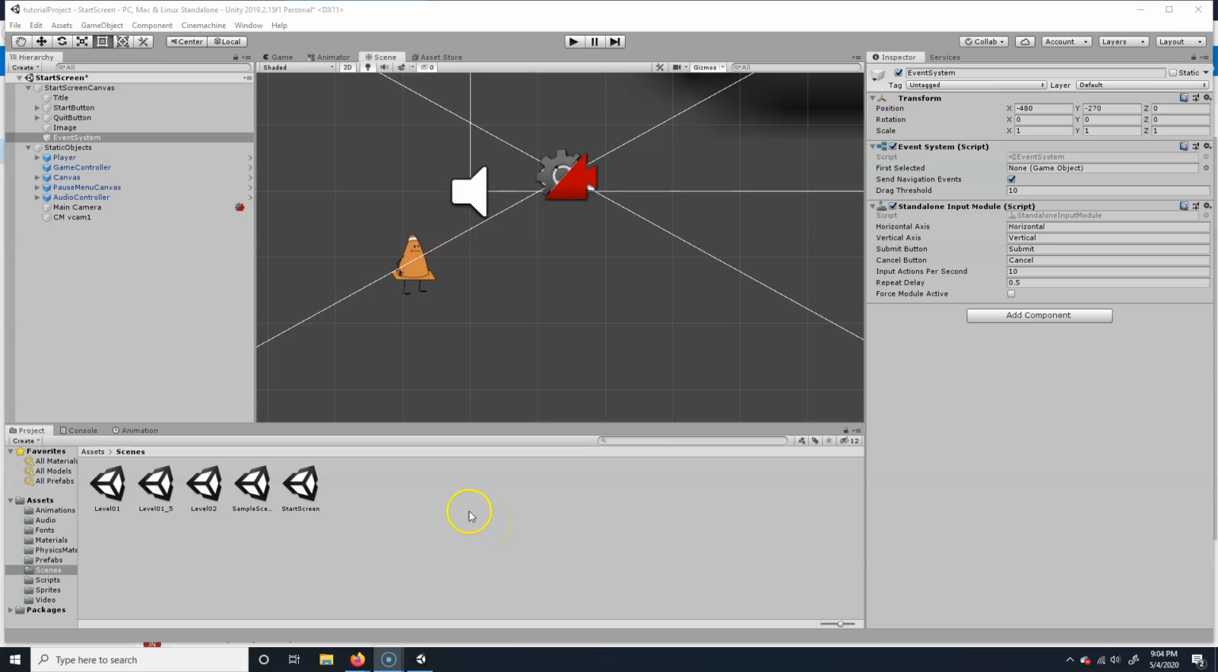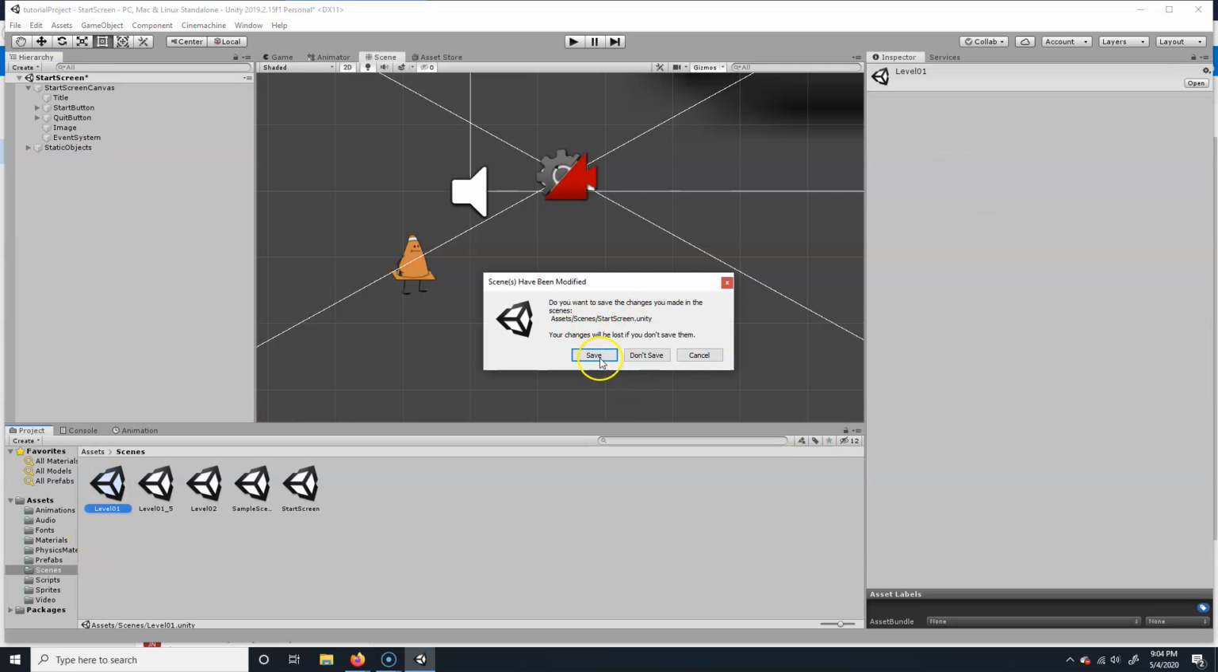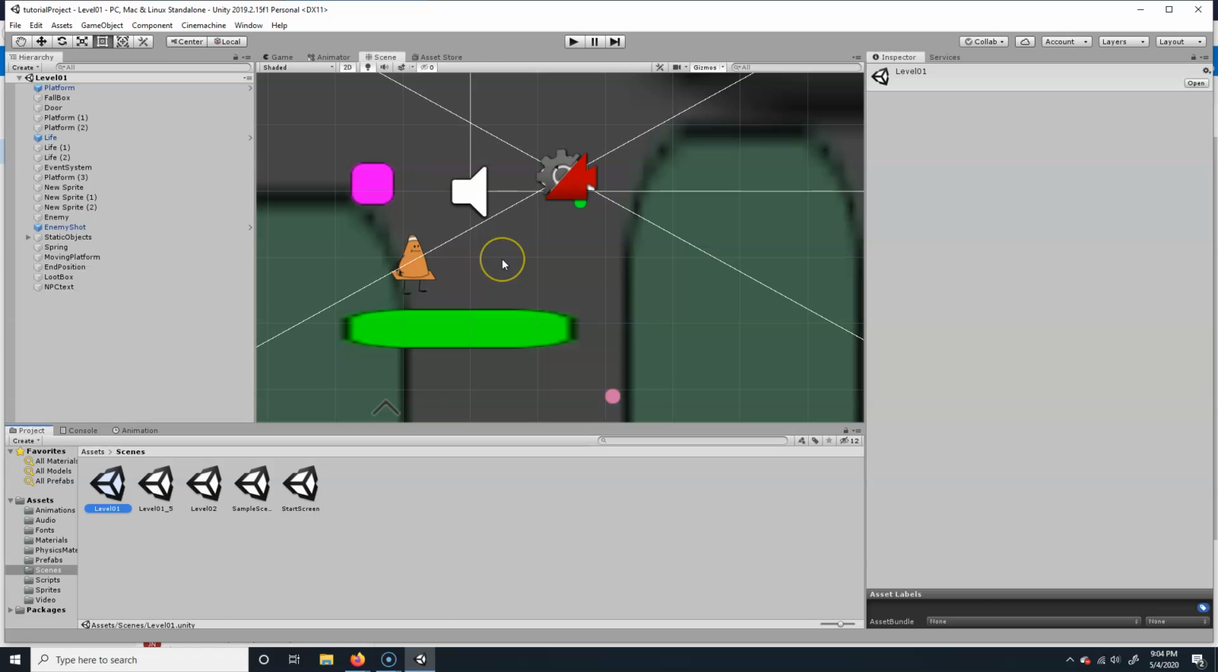Alright, so this tutorial is more or less going to be how to do the final thing, how to build your game, right? We've got to build this game and make it work and all that other stuff. So, yay! Alright, so to do that, what we're going to do is you want to go to File, go